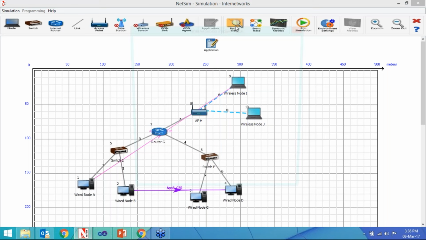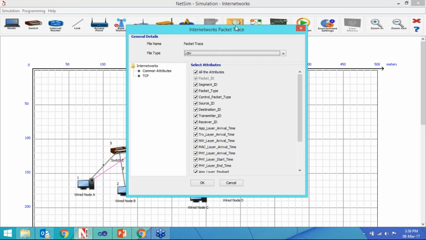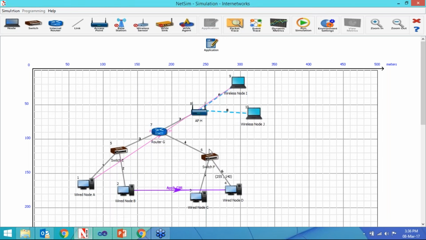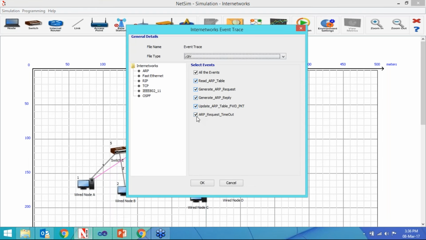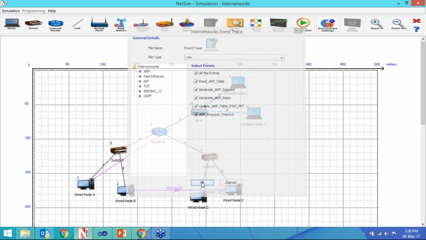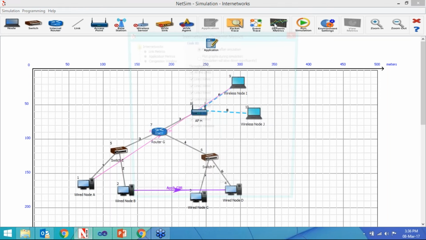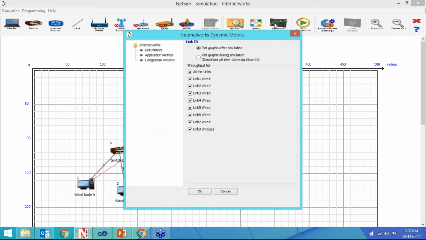So here we can select the packet trace. So these are the attributes of packet trace that we can add in our trace file. Okay, so to select that file, and event trace also, these are the attributes for events. Click on OK, and this is for dynamic matrix. We plot graph after simulation. This is for link matrix, application matrix and congestion window matrix. So we click on OK,